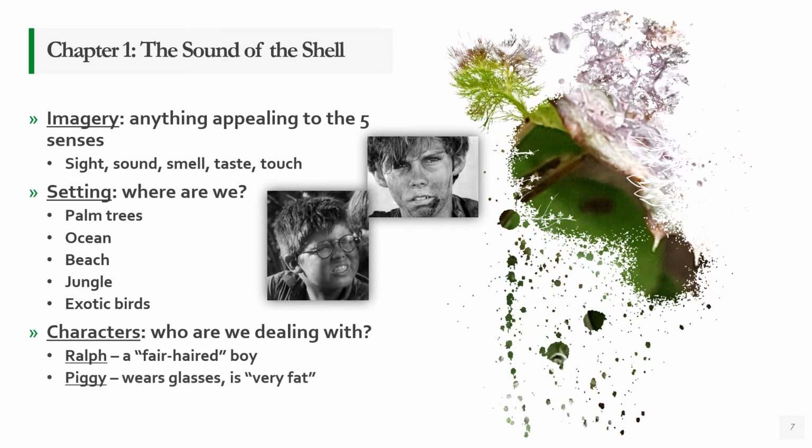Our second character is only described as being another young boy dressed very similarly to Ralph. He doesn't know this boy. He wears glasses, and he is described as being, quote, very fat. Again, that's a very subjective term for a lot of people, right? It's not politically correct or anything like that. We won't pretend that it is, but in this particular case, the boy is simply described as wearing glasses and very fat. He is very different from Ralph.